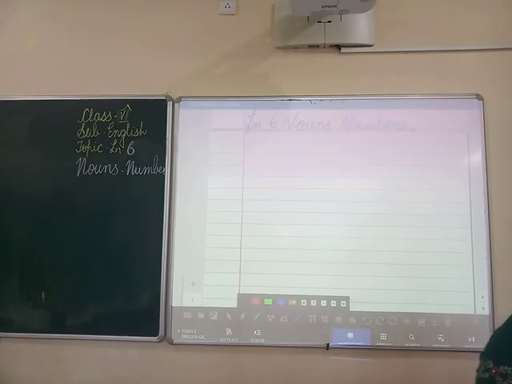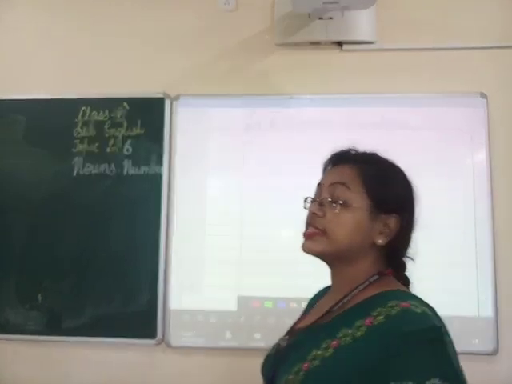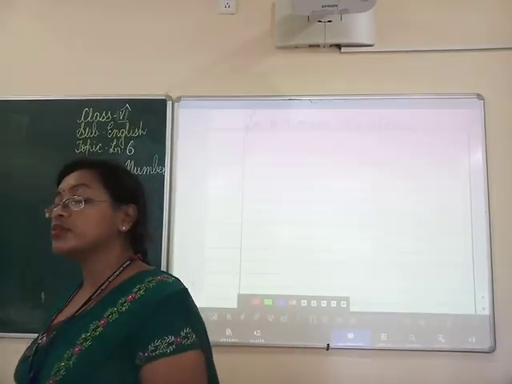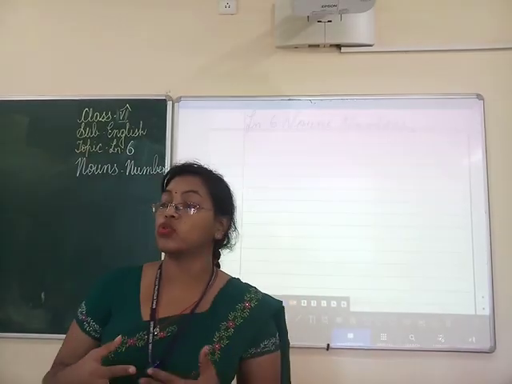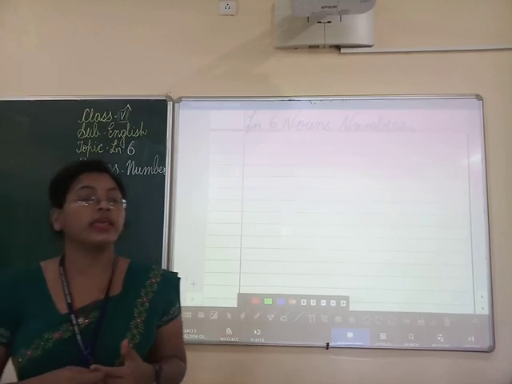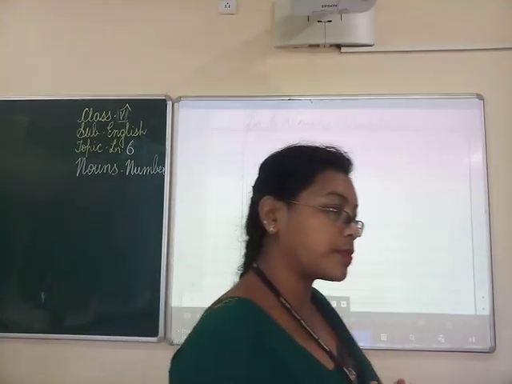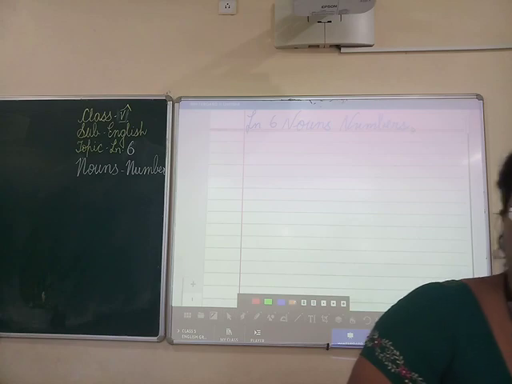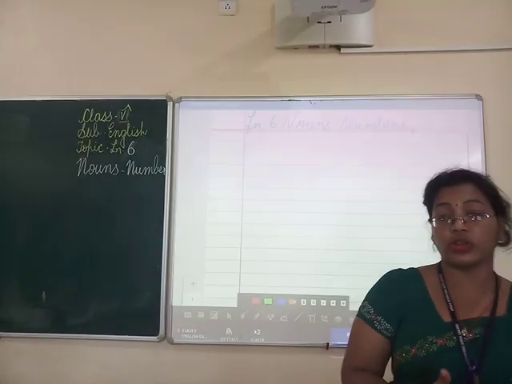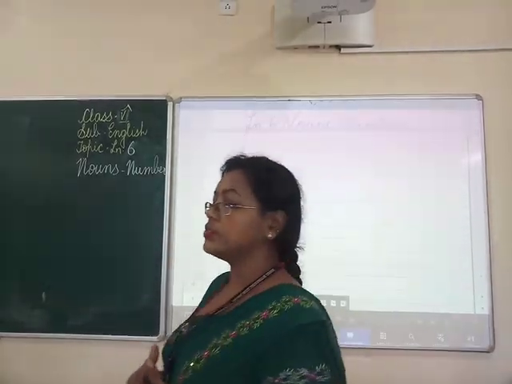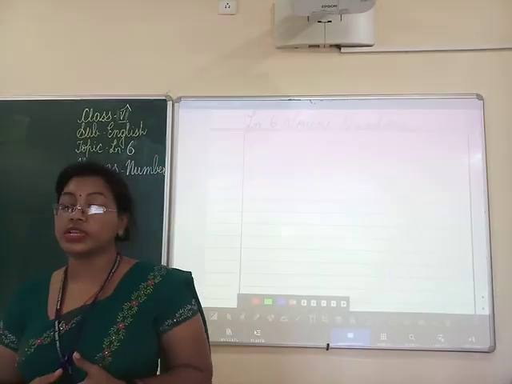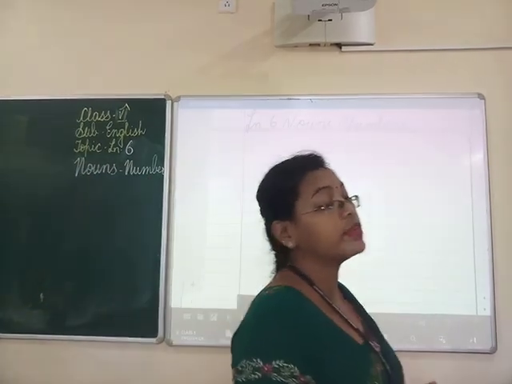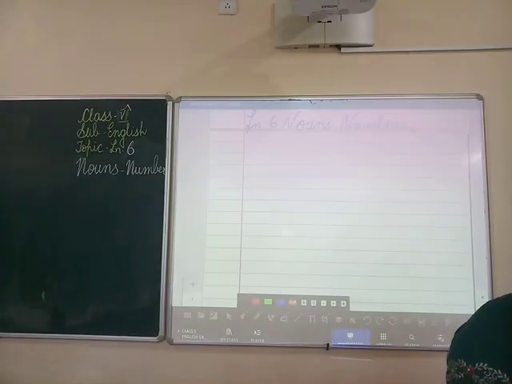If a word ends with o, when we change that word into plural, we use only s. In most of the cases this goes on, but in some cases it may be only s we are using. And some irregular words are there. In those irregular words, some words are there where the vowels will be changed, and some words are there where the total word changes. Those are irregular nouns.